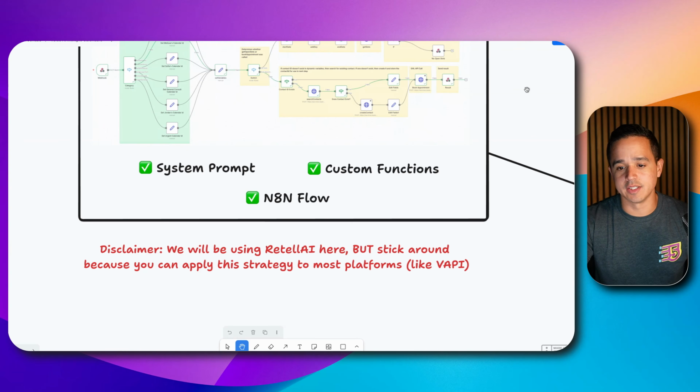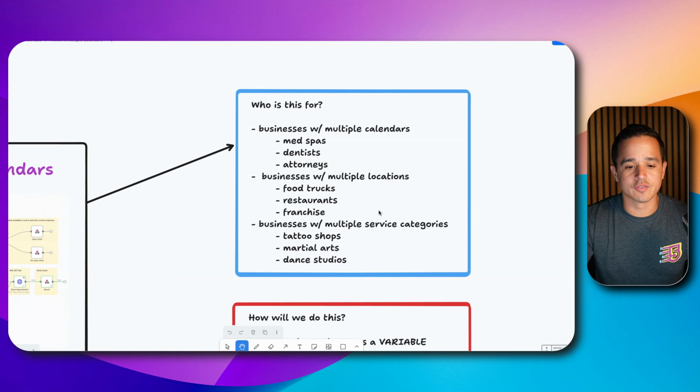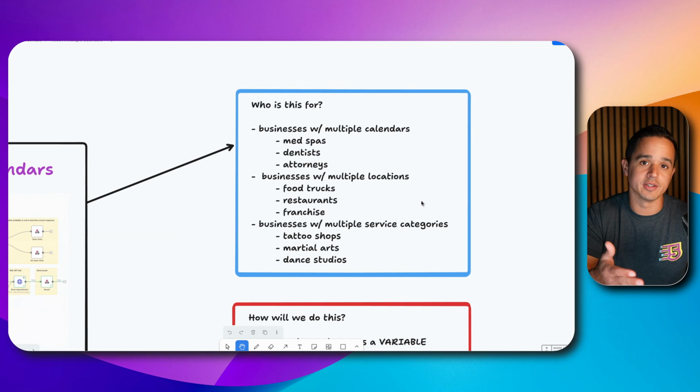So before we get started, who's this for? In this case, we're going to use a med spa as an example. A med spa may have multiple providers. Maybe they have multiple services: estheticians, injectors, providers, urgent appointments, general consultations, stuff like that. Those are all scenarios where maybe there's a different calendar for those services, and we need to be able to